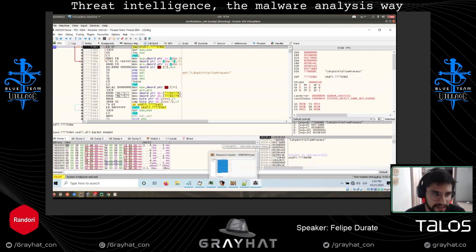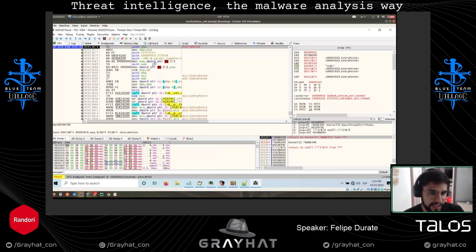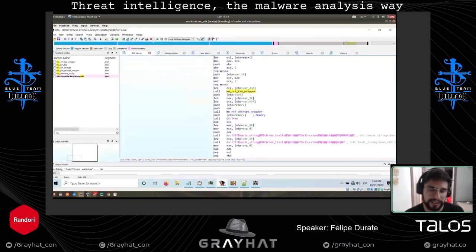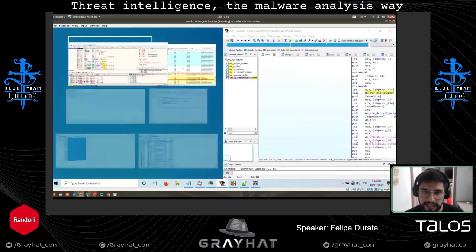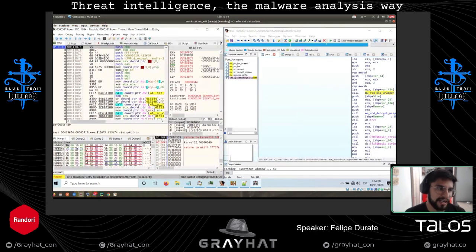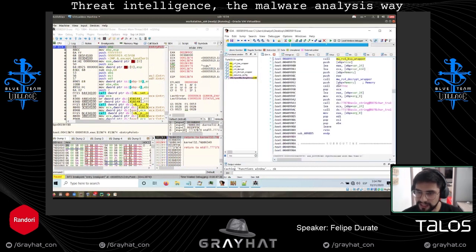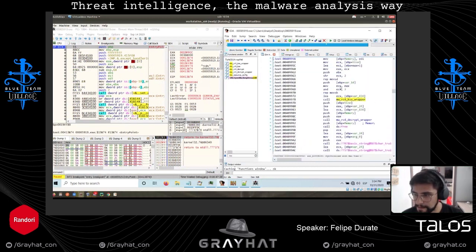So perfect. What we're going to do, we're going to the entry point, and we're going to have IDA on one side and the actual binary, the debugger, on the other side. We are going to press space to find the address in which these interesting functions are located.